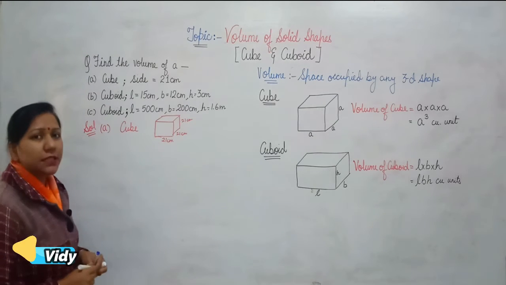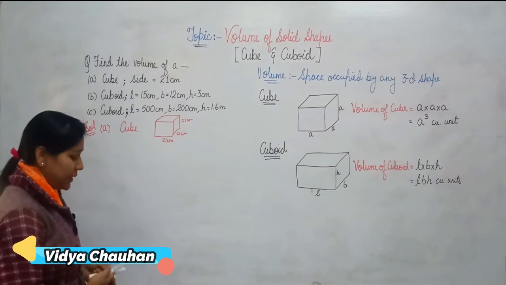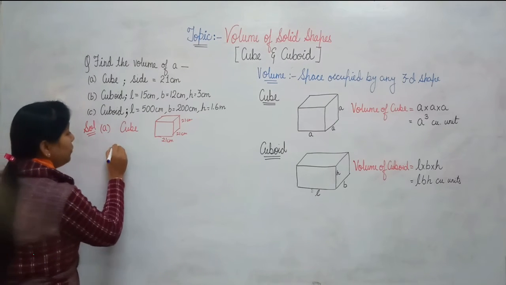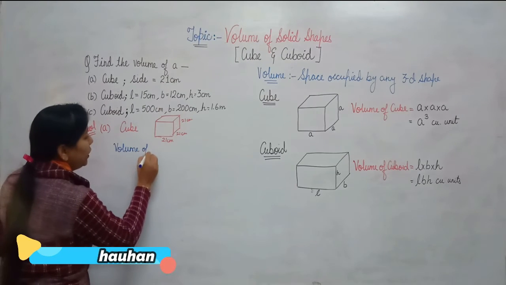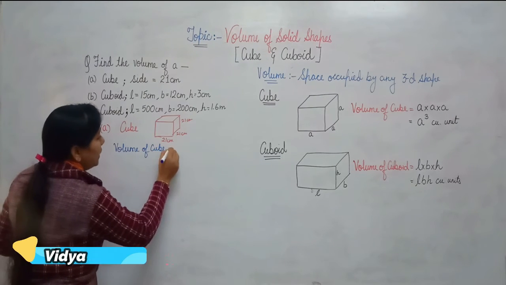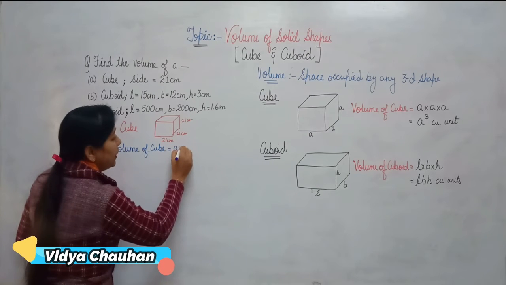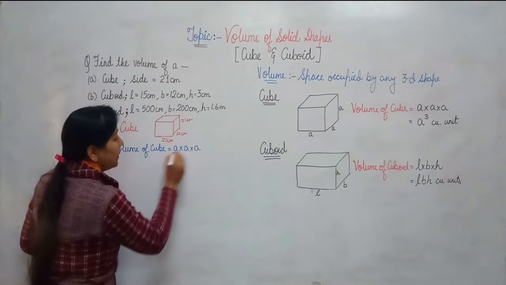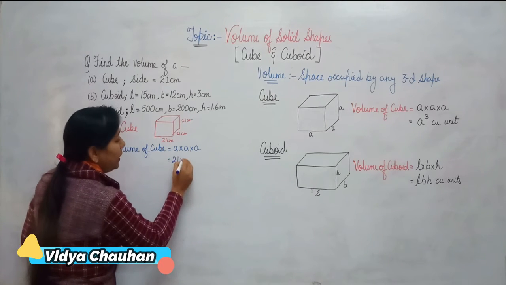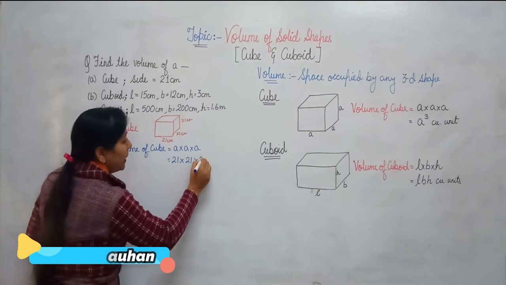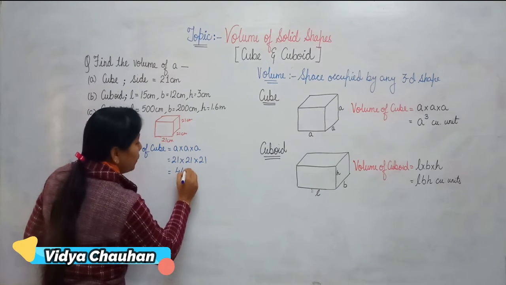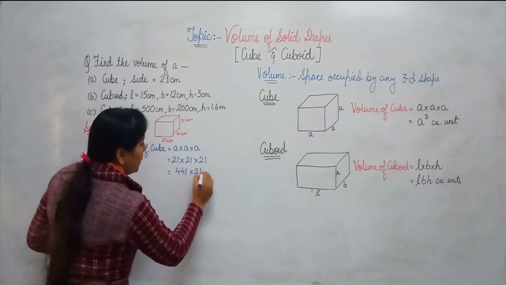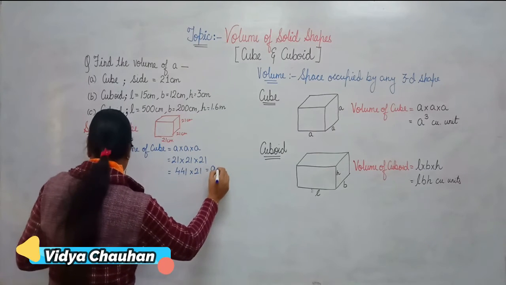Clear, students? So this is our cube with sides 21 centimeter each. Now it's time to calculate its volume. Volume of cube is equal to side into side into side. That means 21 multiply by 21 multiply by 21. 21 into 21 is 441, multiply by 21, and so your answer is